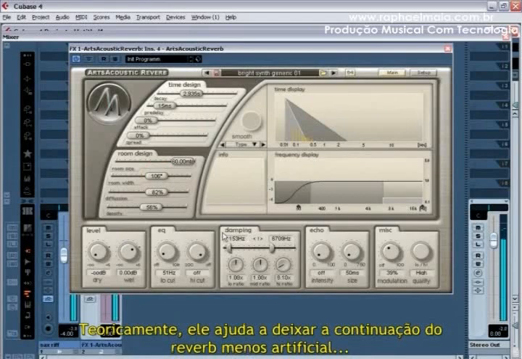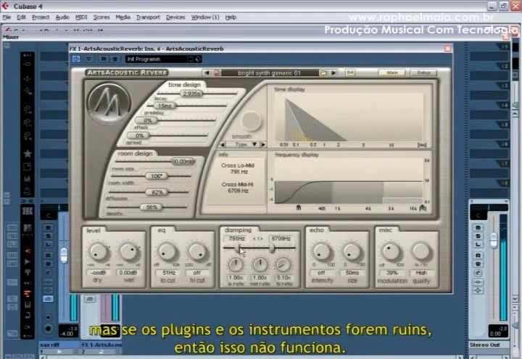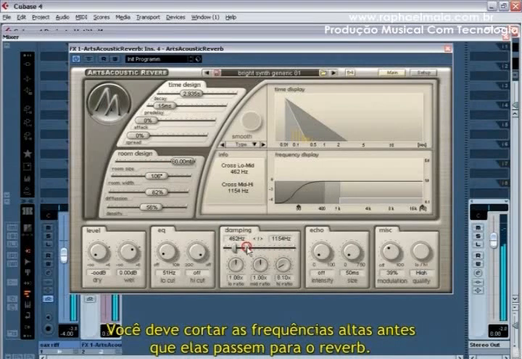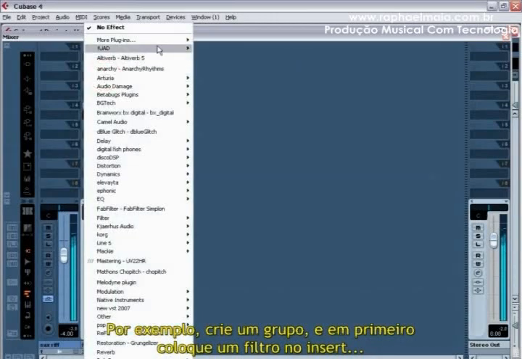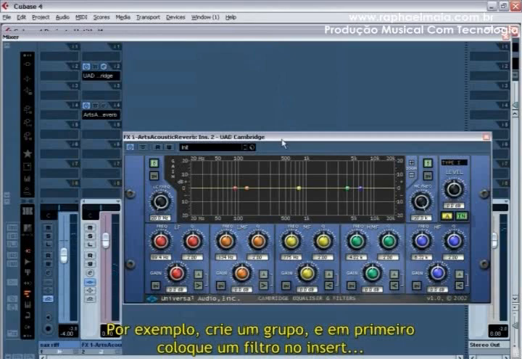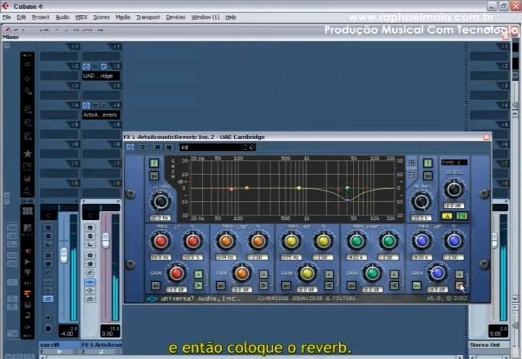Theoretically, it helps to make the tail of the reverb less artificial, but if plugins and instruments are cheap, then it doesn't work. You should cut high frequencies before they pass through a reverb. For example, create a group and at first place a filter in insert and then the reverb.